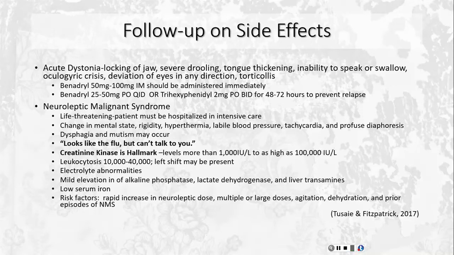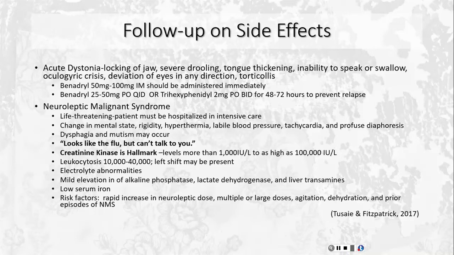but the person can't talk to you. And a hallmark sign is elevated creatinine kinase. Elevated levels more than 1,000 to as high as 100,000 have been found. Leukocytosis can also occur with a left shift, electrolyte abnormalities, mild elevation of alkaline phosphatase, lactate dehydrogenase, and liver transaminases. Low serum iron also is present or could be present, and